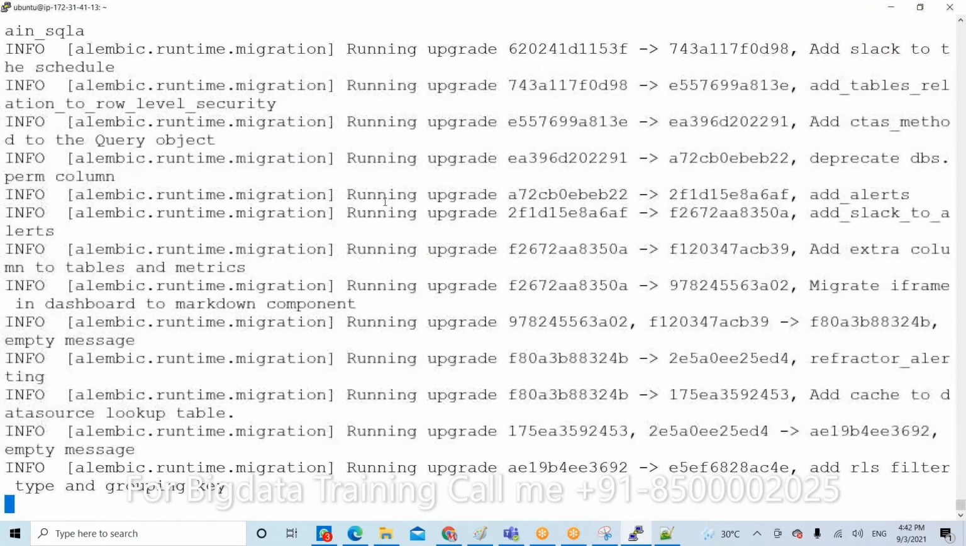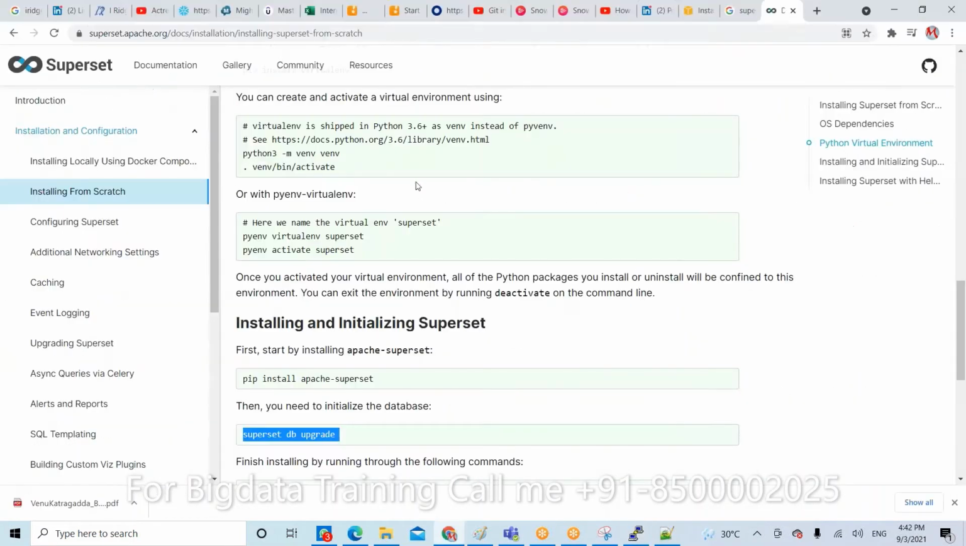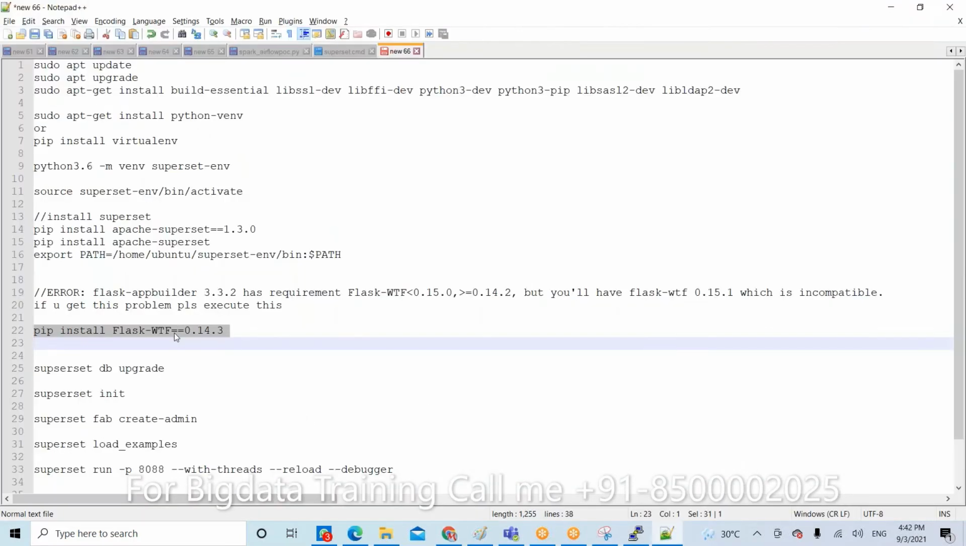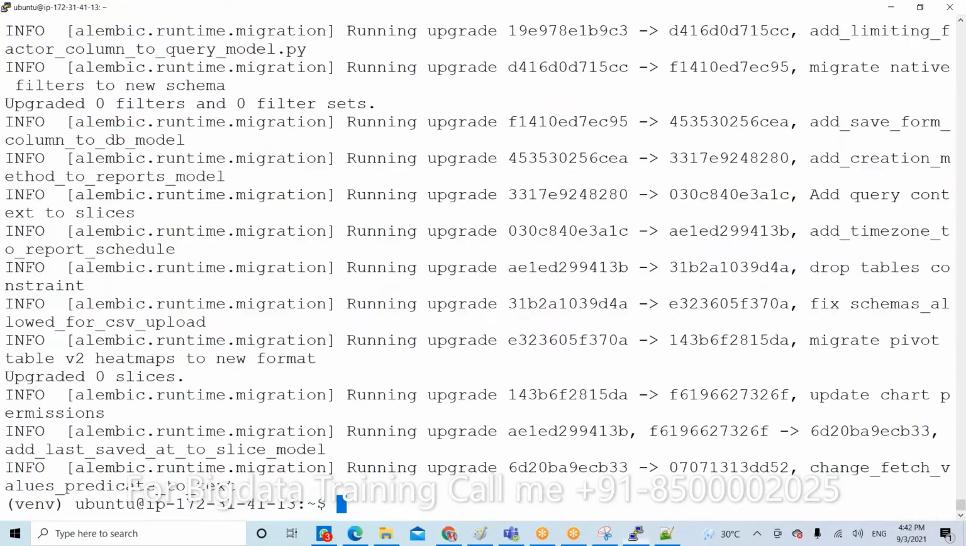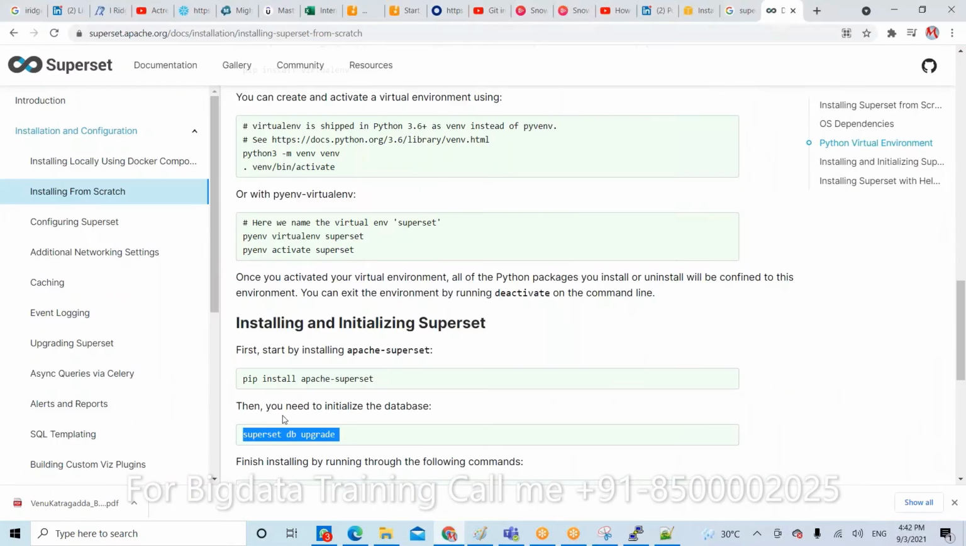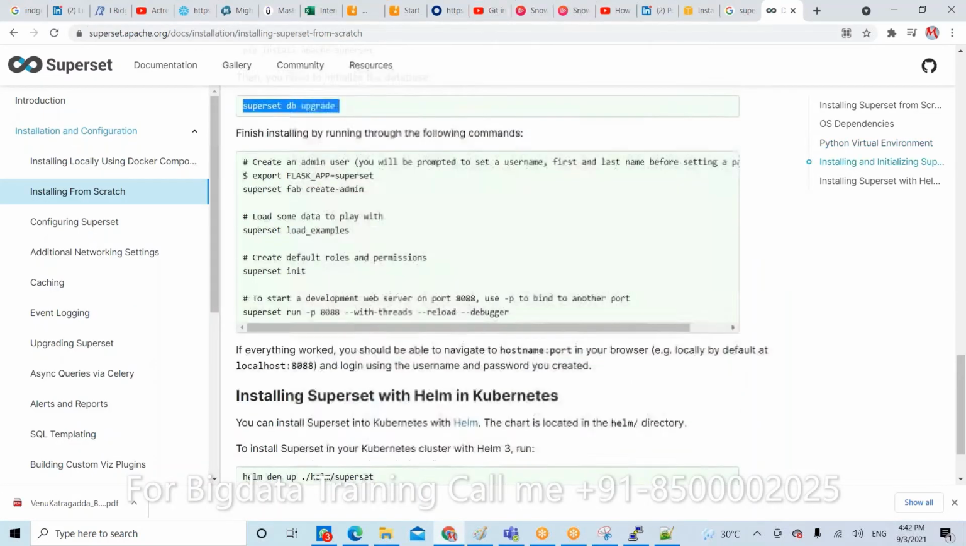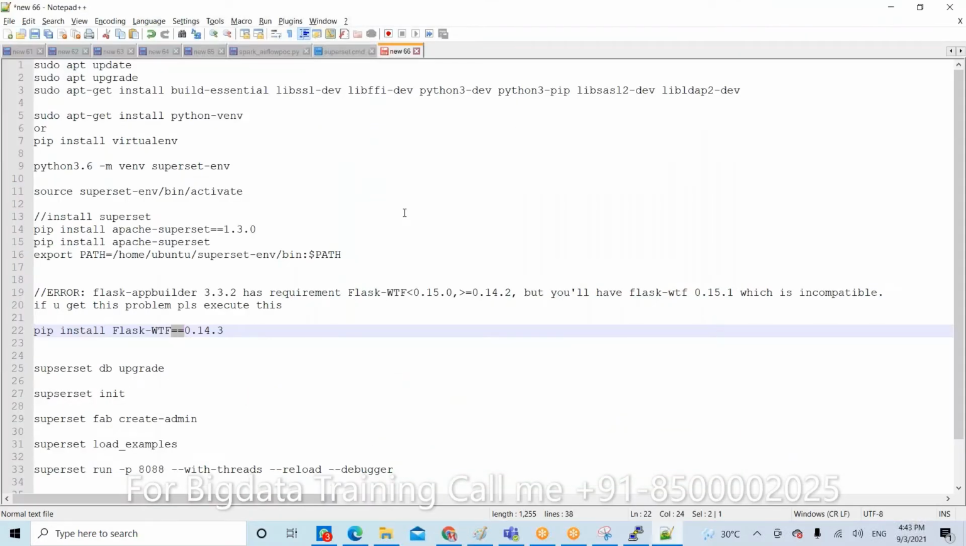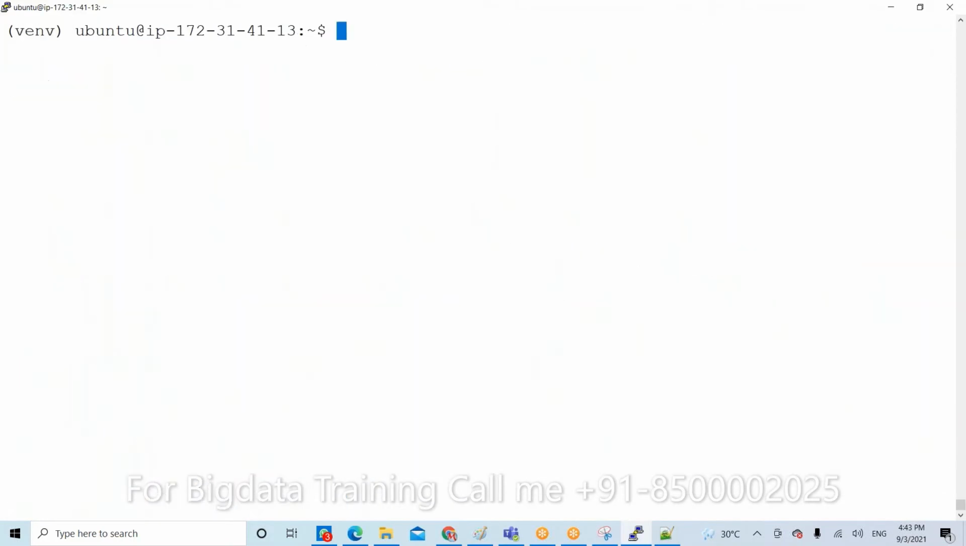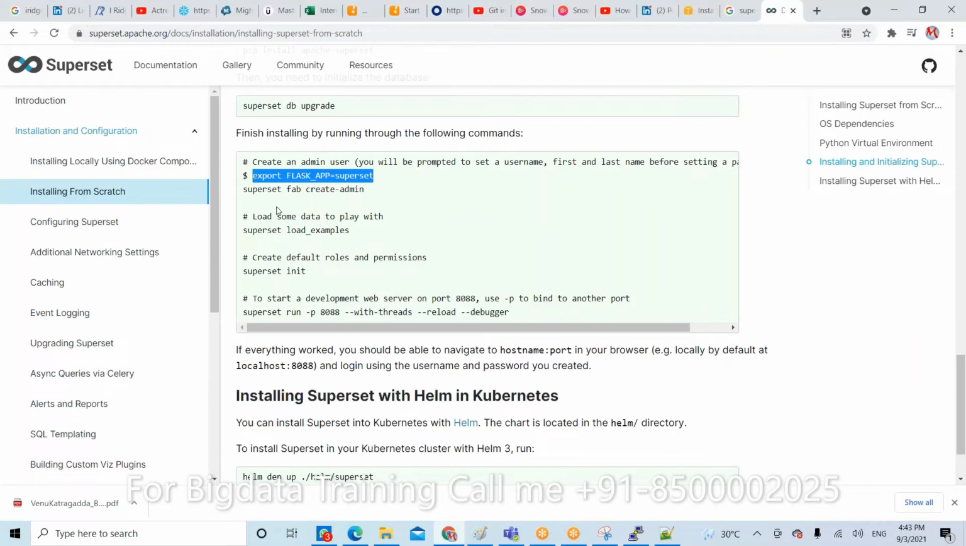Now there is no error. Earlier, in most cases, if you do not execute this, you get errors. Now 95% everything is ready. Okay, just after upgrading this, what happened? Just export followed by something. Next,